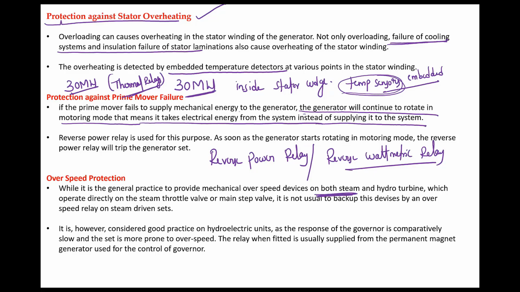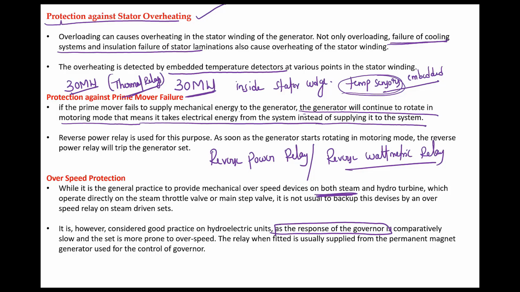For steam turbines, even on the prime mover side, there are some equipment that will protect against overspeed. However, for hydro turbines, meaning the turbines used in hydro plants, the response of the hydro governor is slow. The speed governance system acts fast in steam turbines. It will act slow in hydro turbines. So here the response of the speed governance system is slow.